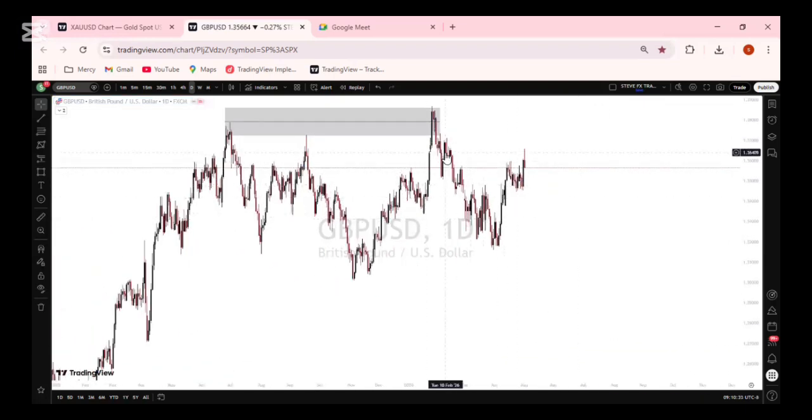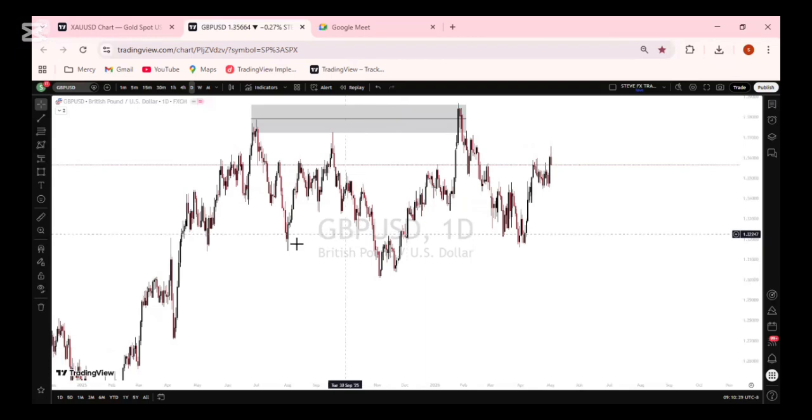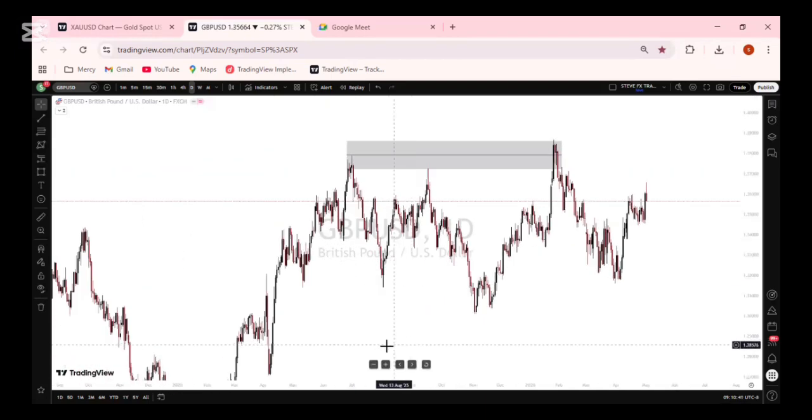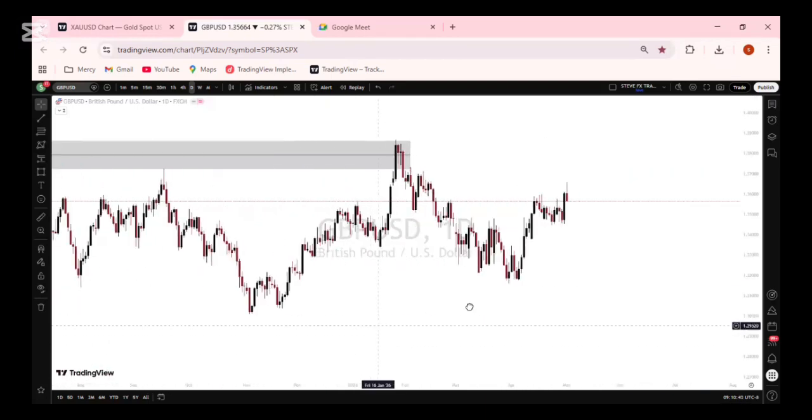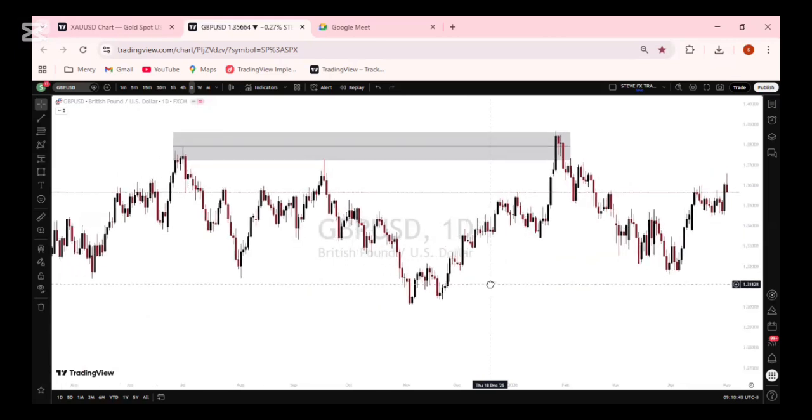So on GBPUSD, if we are looking at the market structures over here at this particular zone, or at this particular range over here,